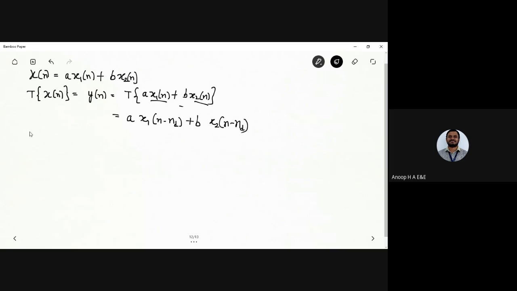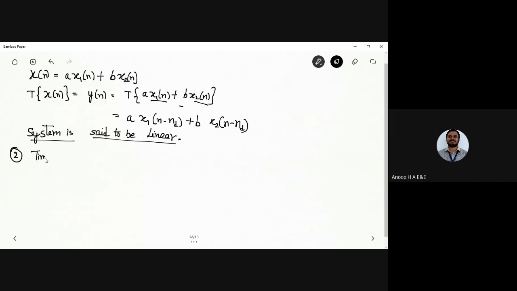Okay, so we can generally say that, depending on the time shifting here, the system is said to be linear. So I have the system, and I can say the system is said to be linear. So the linearity property is verified. Next, we'll focus on the second one. What is the second one?